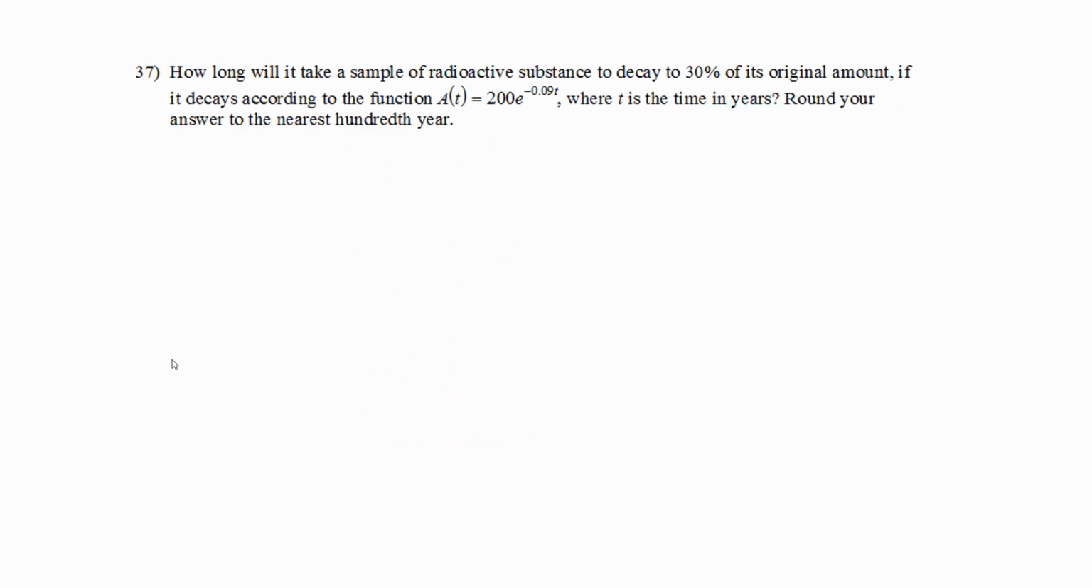This is exponential decay. We are wanting to know how long it'll take to decay to 30% of its original amount, which in our formula they tell us is 200. And we're solving for t. So we can do this a couple different ways. One way involves us finding 30% of 200, which means we do 0.3 times 200. And that gives us 60. And so you can say, well, that means,